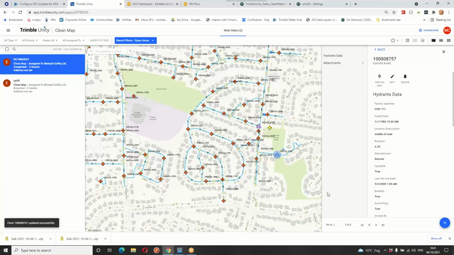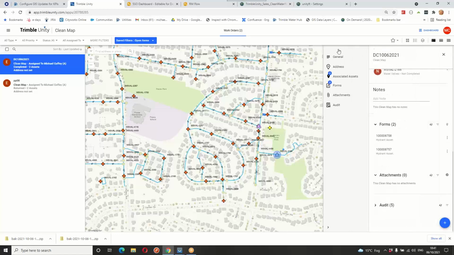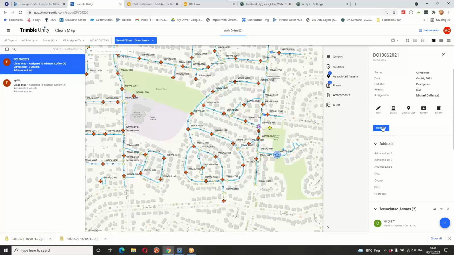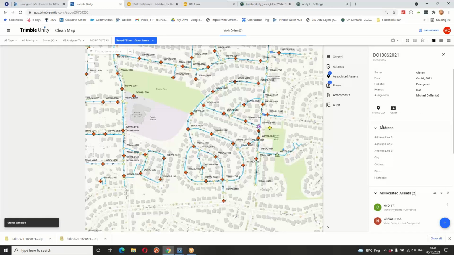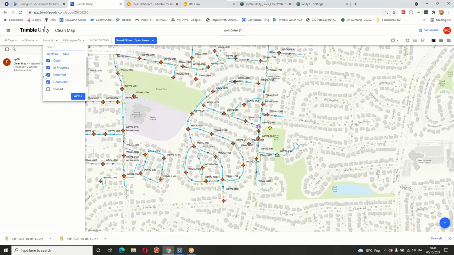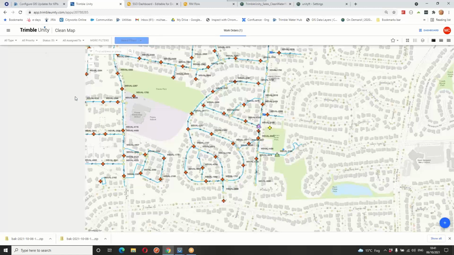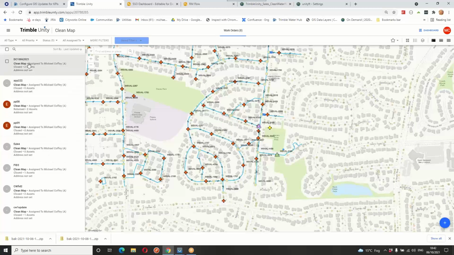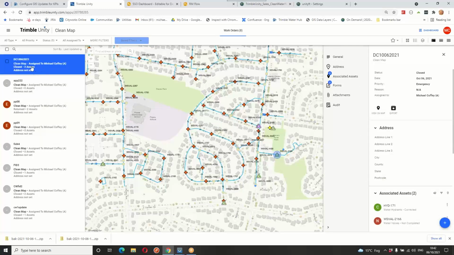What this does then is allows you some kind of validation on the back end. Now, once I have done this, the next thing I can do is just do closed. What close is going to do is automatically send that data to GIS. So if I now go back to statuses, look at closed, turn it back on, and look at the closed here,